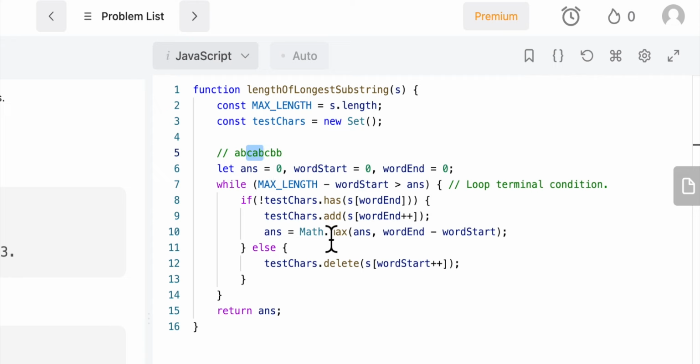Yes, it is. So now we're going to go to this else block, remove C from our test chars, and now we have ABC, still just as long. So the answer is not going to be increased at all. And then we go to the next one. We want to see if our test chars has B. So we have A, B, C, and does it have the next one as B? It does already, so now we have to go into the else block, delete the first one, and now we have BC,